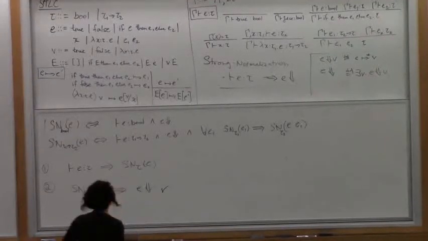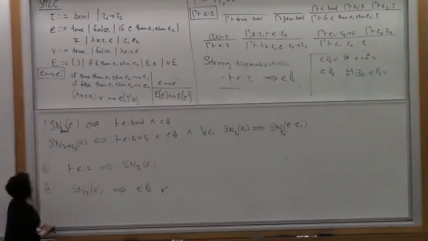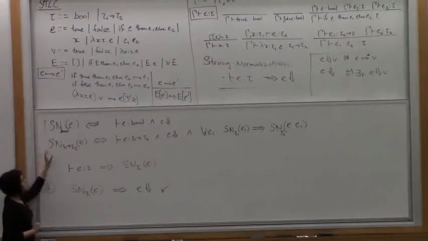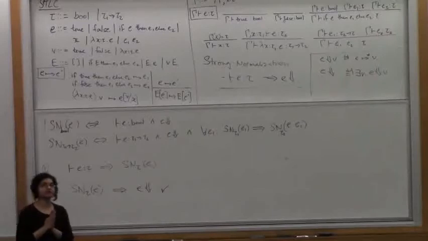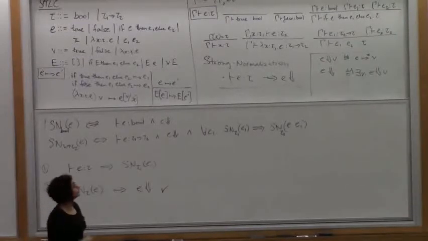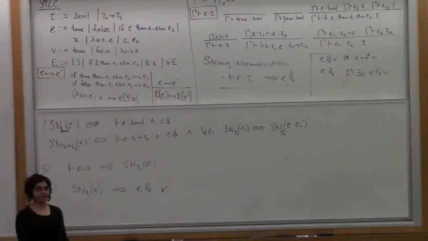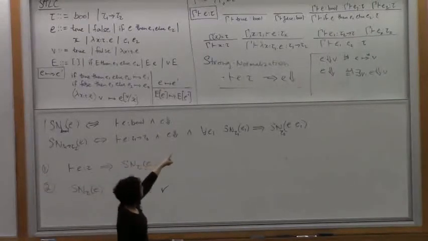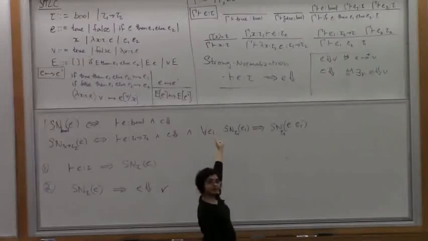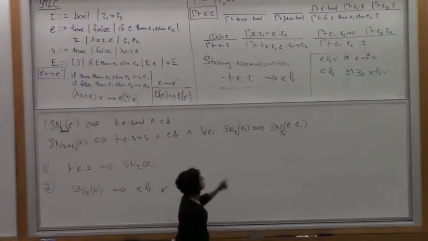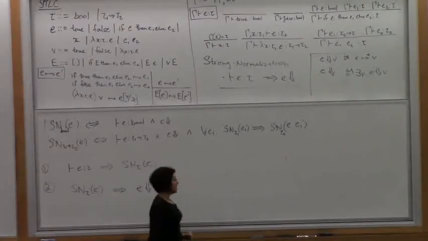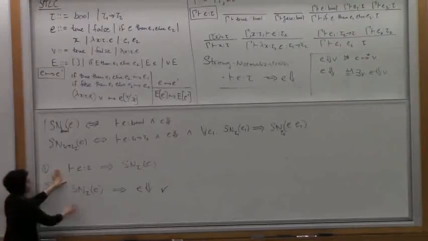But we still have another problem. We have defined when closed terms are strongly normalizing, and the theorem that we're interested in is about closed terms. If you have E, a closed term of type tau, it doesn't have any free variables. It type checks under the empty environment. Then we want to show that it terminates. Now, here's the